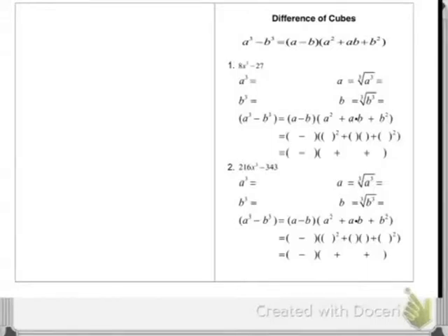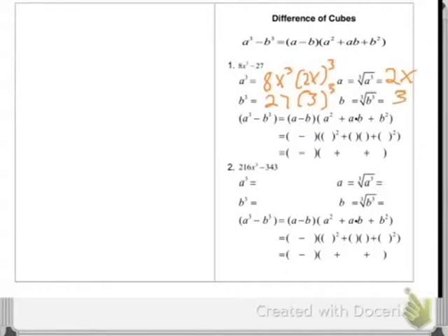This lesson is a continuation of factoring, difference of cubes, and sums of cubes. So you start by looking at your two terms, 8x to the third power and 27. It's a difference because you see the minus sign. Now you have to determine what cubed will give you 8x to the third power. That would be 2x, because 2 cubed is 8 and x cubed is x to the third, so your A would be 2x. Then 27, if you do 3 times 3 times 3, you would get 27, so your